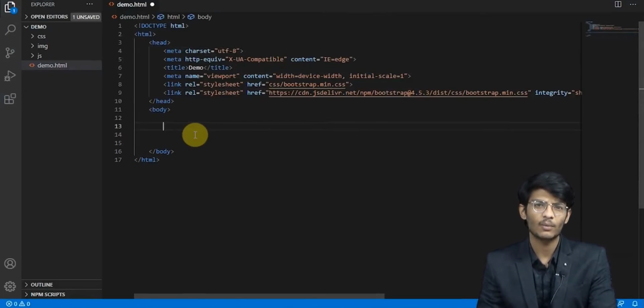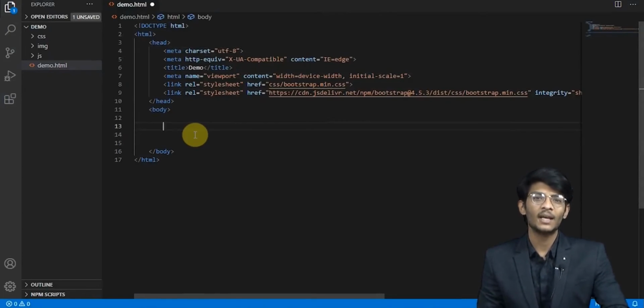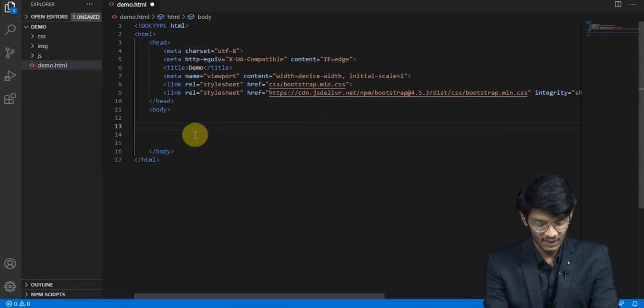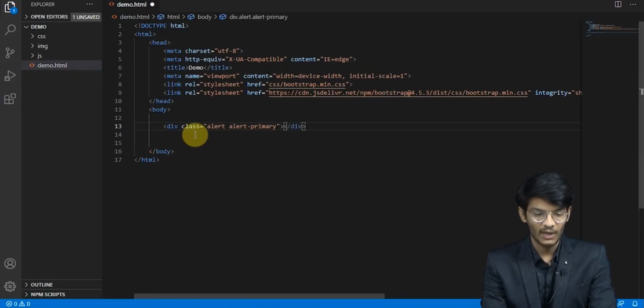to some alert boxes. Well, we have seen many contextual classes for giving background colors. So we are going to use that now. Let's take a div. In that particular div, I will take a class and we have the class alert-primary.